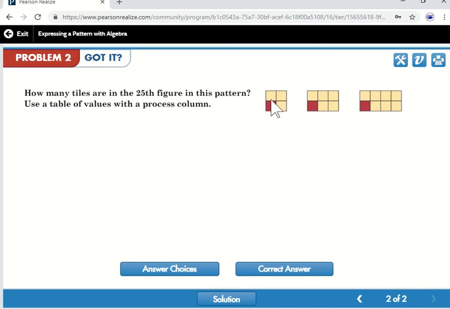So it looks like figure number 1 has 4. Figure number 2 has 6. Figure number 3 has 8. So it goes 4, 6, 8. In the next figure, it looks like there's going to be 10. So, there are your choices. So the 25th figure,